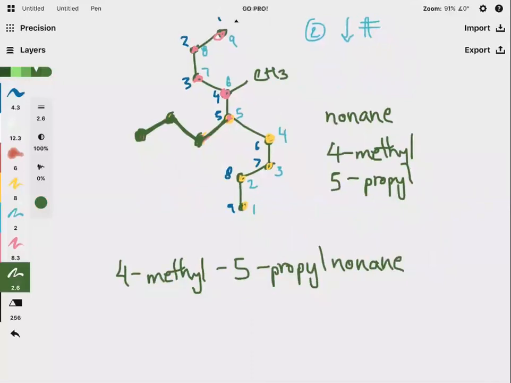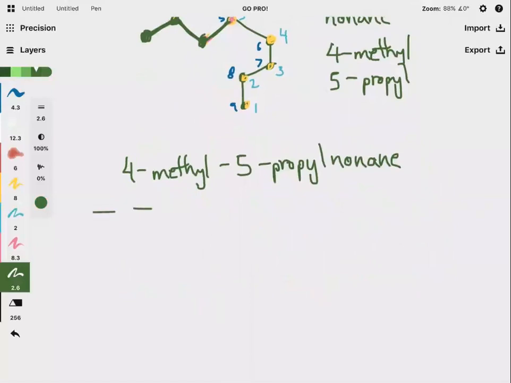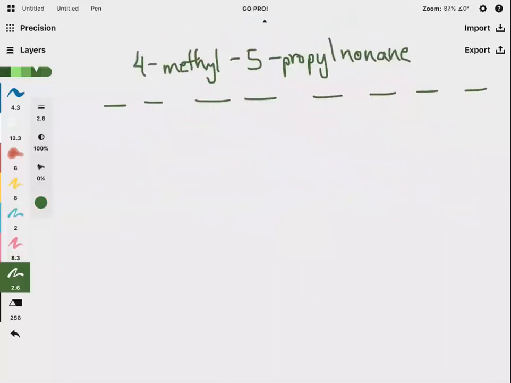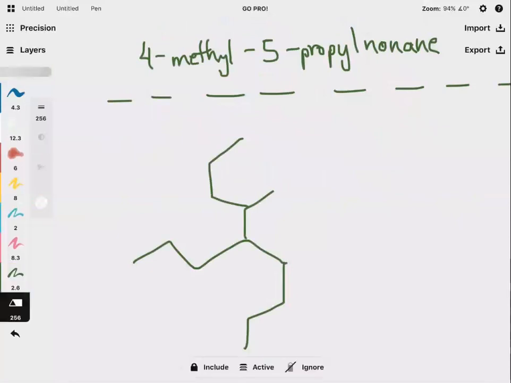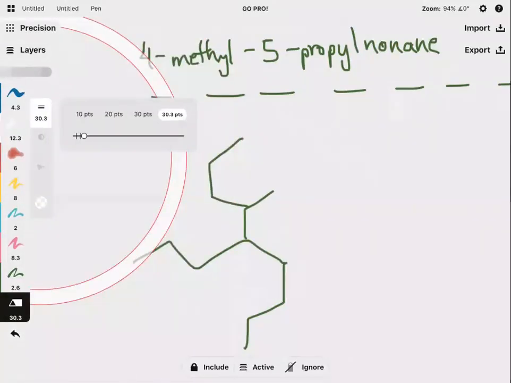Now, what if I had thrown one little curveball at you? I mean, that was a curveball, but even more of a curveball. So same structure, I'm just going to redraw it. By the way, if you got that, you'll get an A on the test. So don't worry, you're not going to get structures that are this crazy. So let's say we had, oh, I messed up. So let's say we had